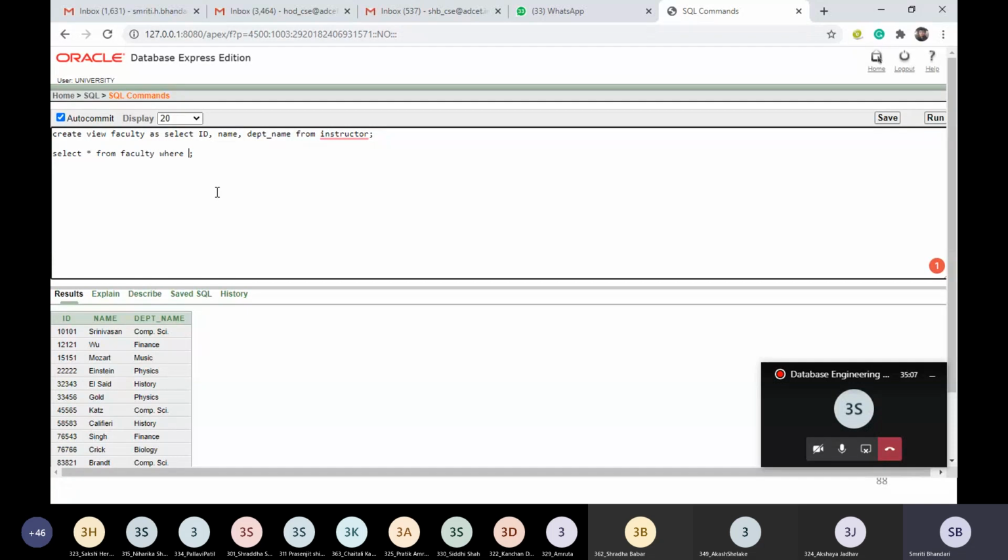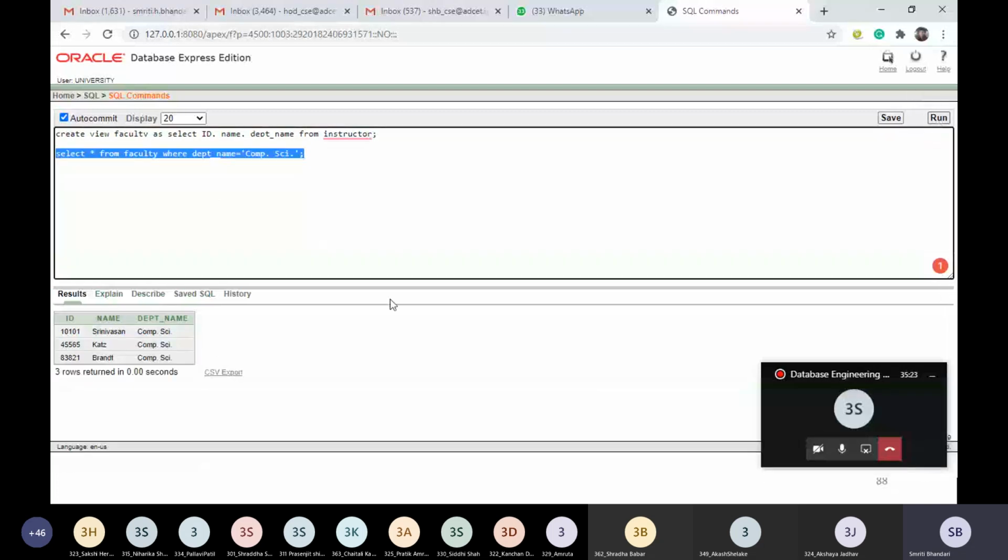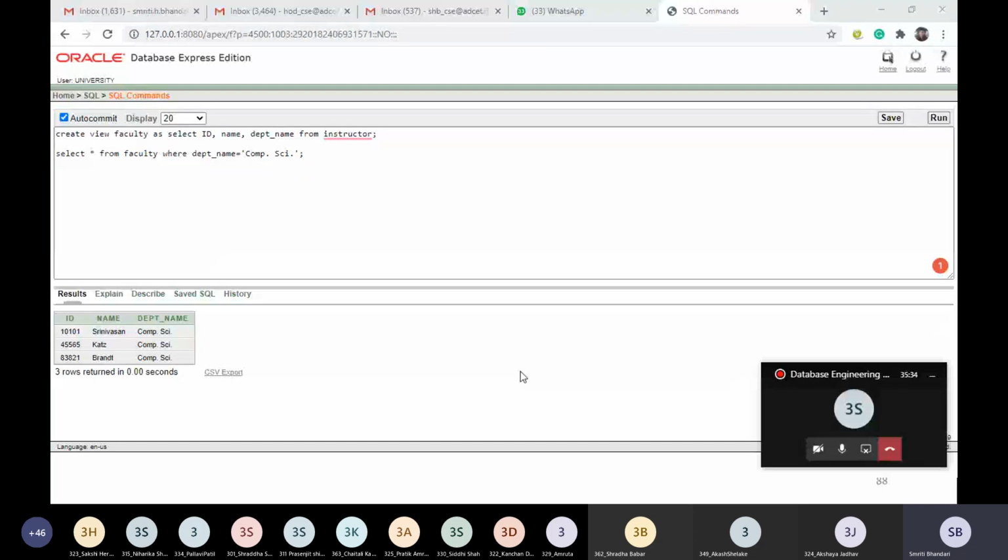So select star from faculty where department name equal to computer science. If I execute it, I will get only the faculty from the computer science department. Got it?